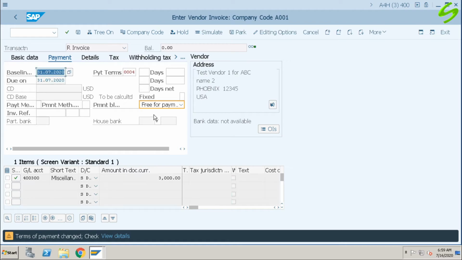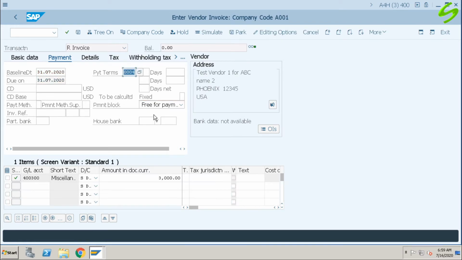Number 4. Hit enter. Now, even though I have selected default for baseline date as posting date, in the baseline date calculation, I have given fixed day as 31. That is the reason my baseline date is end of the month, which is 31st of July. Since it is due immediately, the due date is same as baseline date.